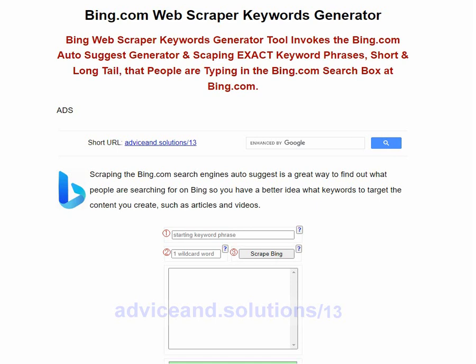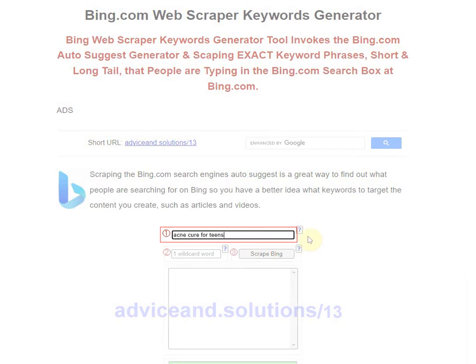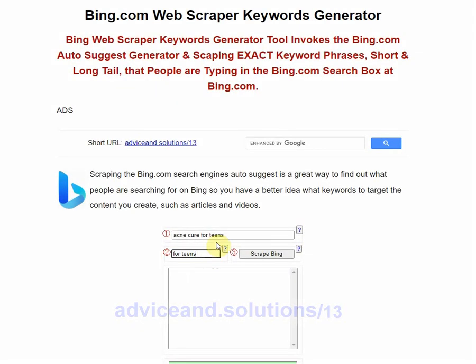In this video, I'm going to show you how to use the free Bing Web Scraper Keywords Generator. What this software does is scrape the Bing autocomplete. The way you do it is you put a starting keyword phrase in here and then a wildcard word in here. What the software program, or the online app, will do when you click the Scrape Bing button, it will